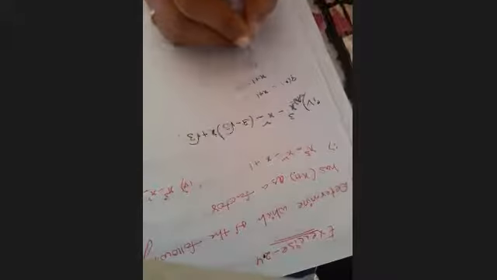So f of x, this is f of x. Now g of x, what do we have? Is x plus 1 a factor or not? x plus 1 equal to 0, so x equals minus 1. So in the x place we have to replace it with minus 1. So f of minus 1 equals